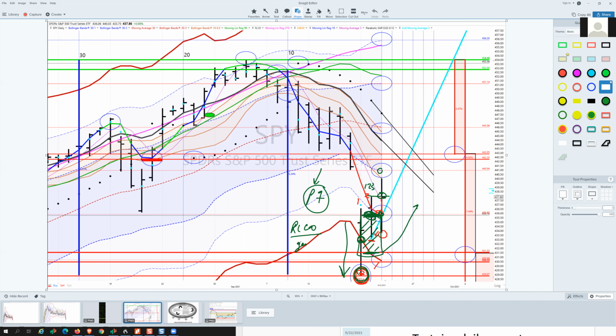generation 1. We have P1 to P7 as the recognized patterns in that RLCO generation 1, and that pattern is one that we would use when you have these extraordinary divergences from the Z3 to Z3 envelope. Normally we think of Z3 to Z3 as the normal range, and when you get price action outside of that, you have a genuinely abnormal condition. And so we have two kinds of conditions.